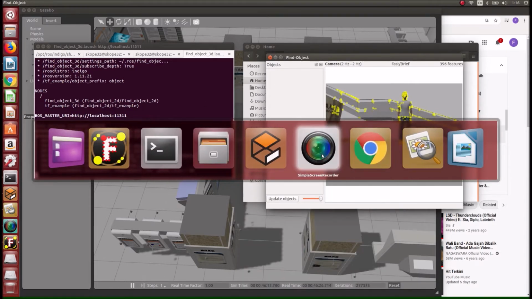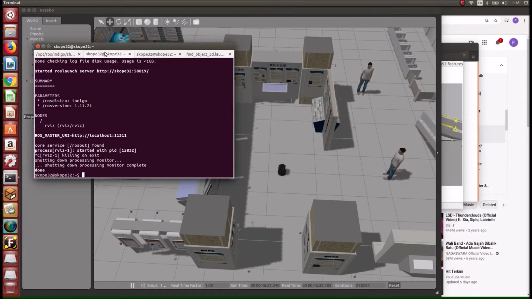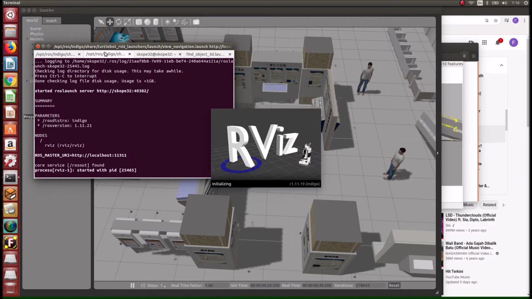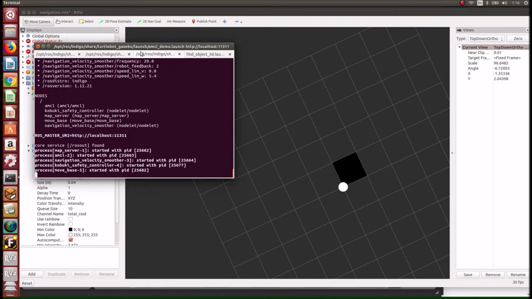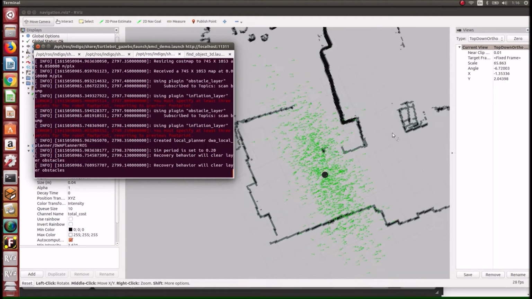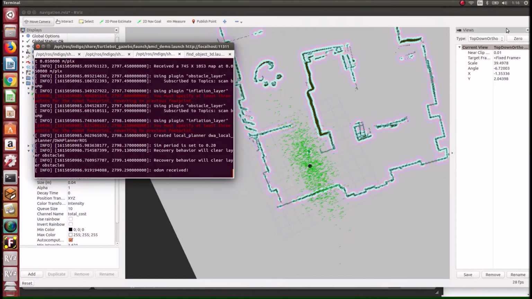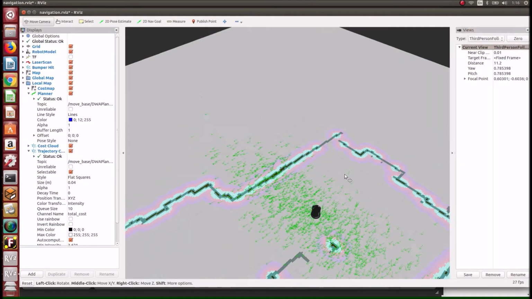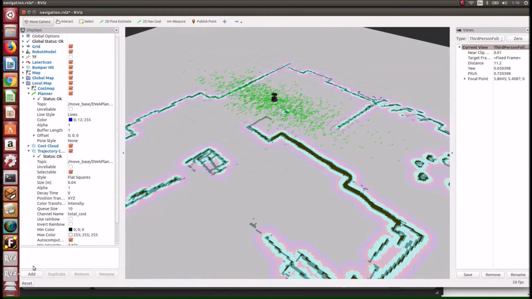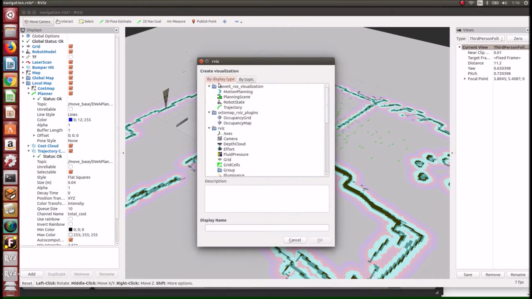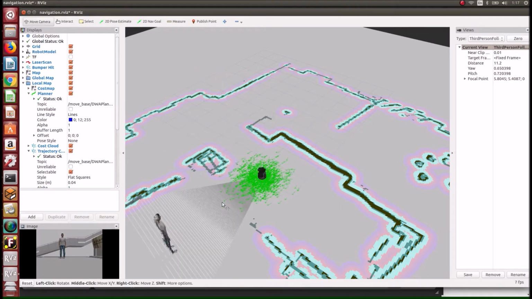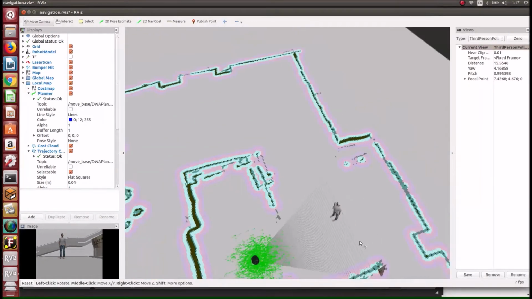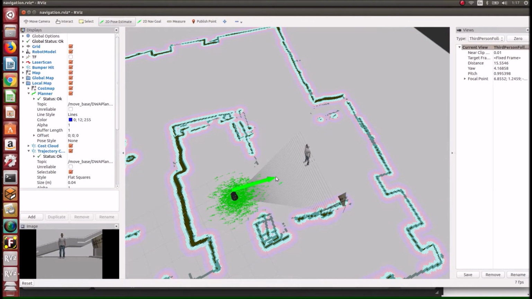Before that, we must also launch the Rviz navigation and autonomous system in the terminal. And in Rviz, do not forget to add camera sensors such as PointCloud2 and the camera image. Now arrange the Rviz system so we can synchronize with the Gazebo World.